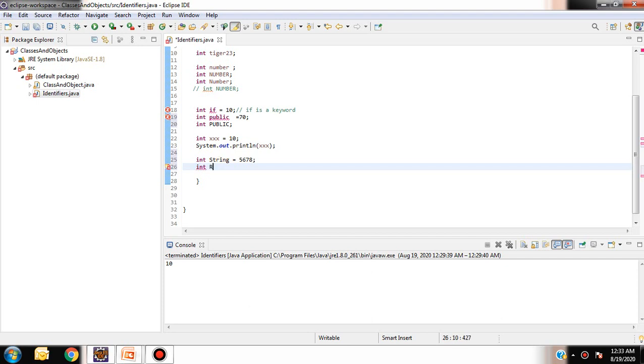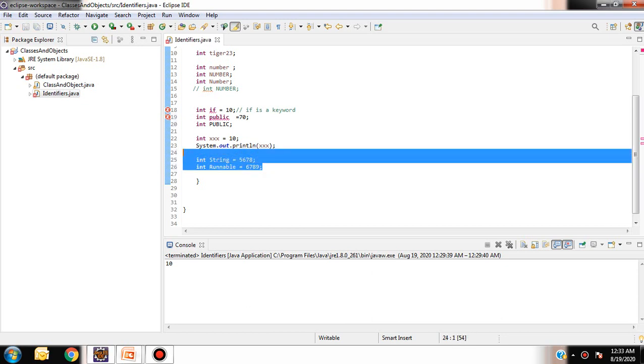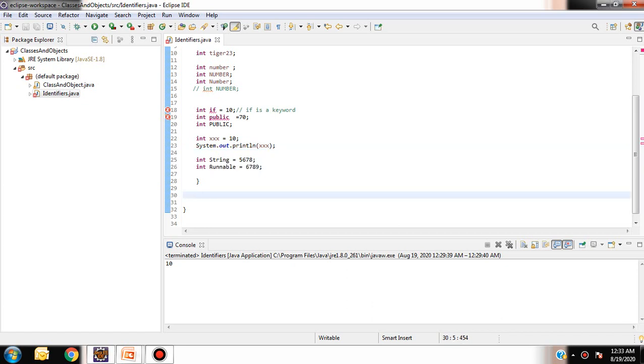Another example is if I use int Runnable. Runnable is the name of a predefined interface, and if I use it, again there is no error, because as per the rule we can use predefined class names and interface names in our programs.